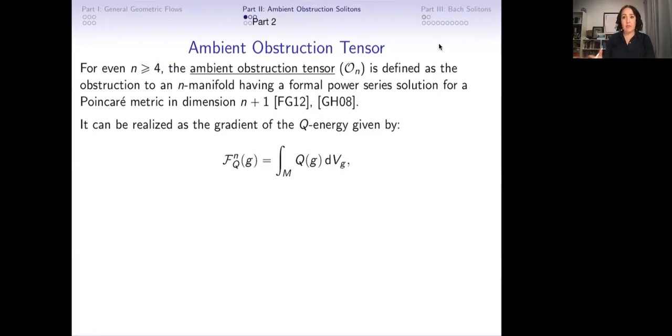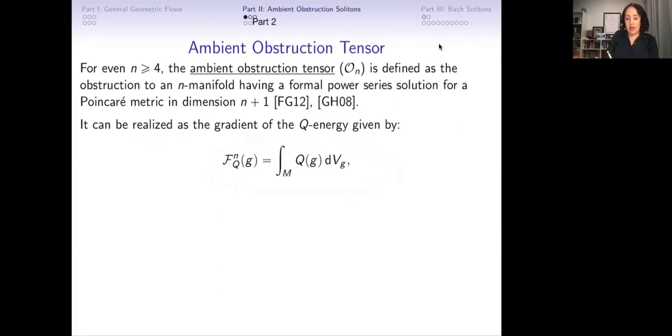That's all fine and good, but why do we care? Okay, so the thing that I think is most intriguing about the ambient obstruction tensor is its realization as the gradient of the Q energy. Okay, so looking at Branson's Q curvature, we can look at this Q energy as the integral of Q dVg. And there are a lot of different types of energies. We'll talk about the Weyl energy in part 3. Okay, but we have this energy,